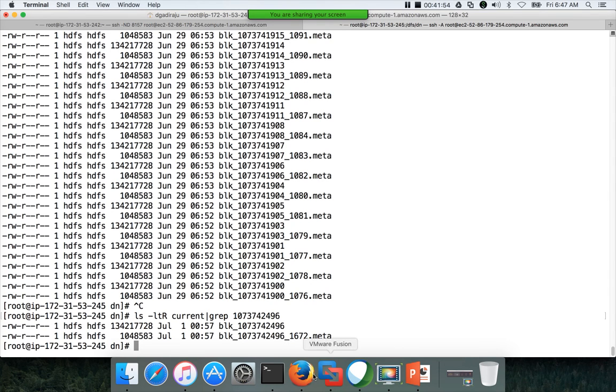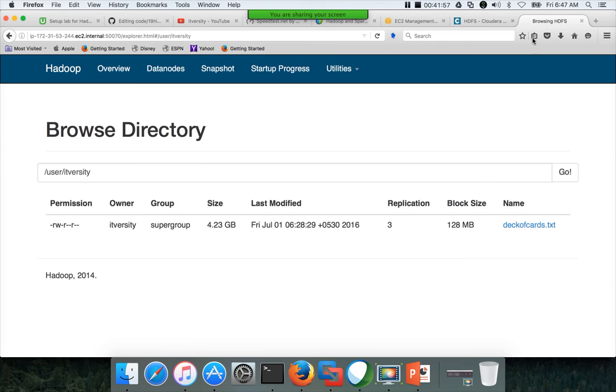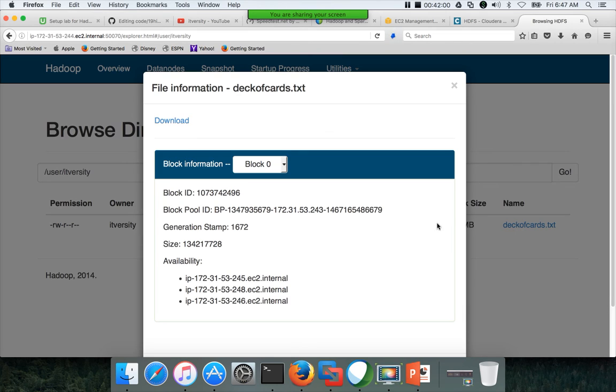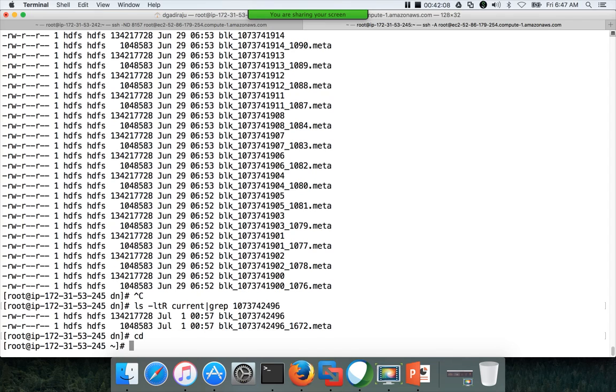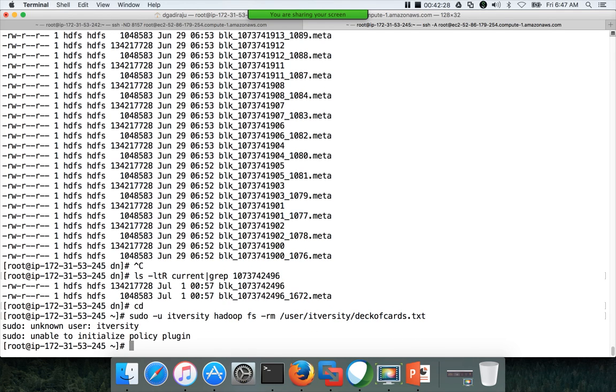As I have explained, each file will be divided into multiple blocks. Let's say I copy the file with only replication factor 1. So here I will delete the file. sudo -u itversity, I am deleting the file: hadoop fs -rm /user/itversity/deck_of_cards.txt.